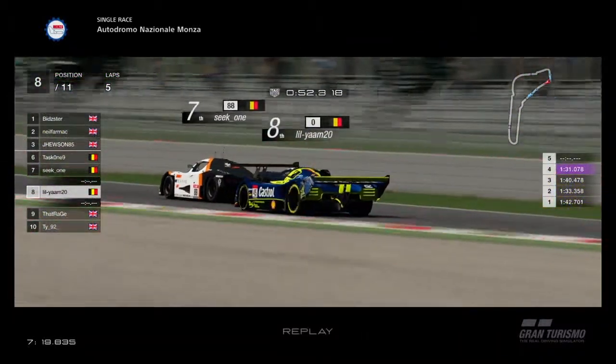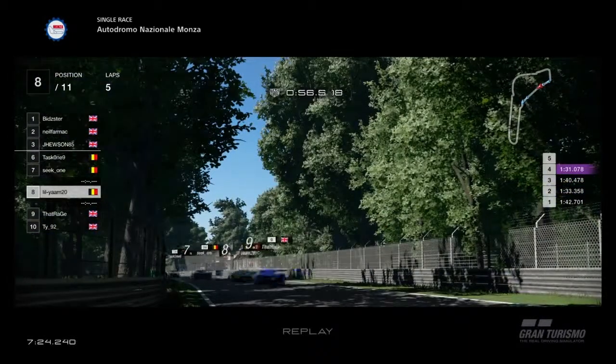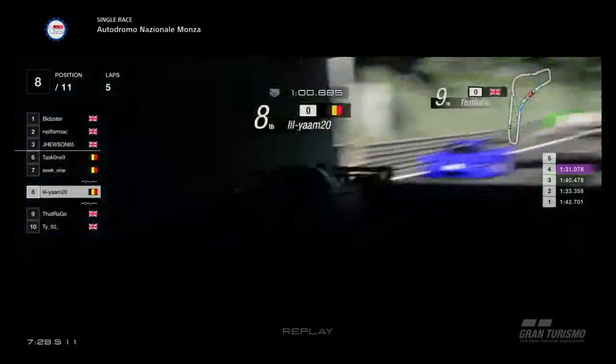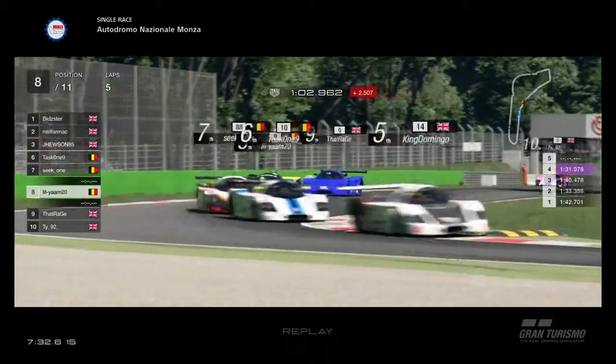Everyone close together, out of the second Lesmo onto the straight. Not just drafting, but the boost will be taking effect as well. It is a bit overpowered, the boost. In fact, it's very overpowered actually, it's almost dangerous. But as you come up to Ascari,